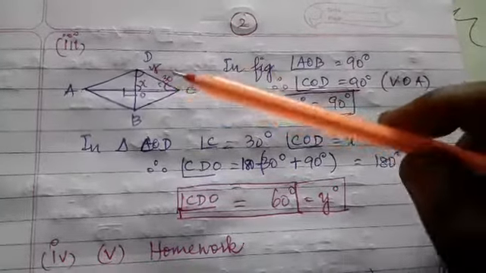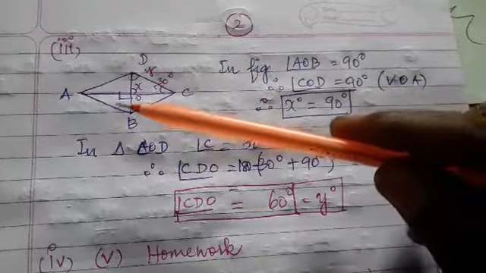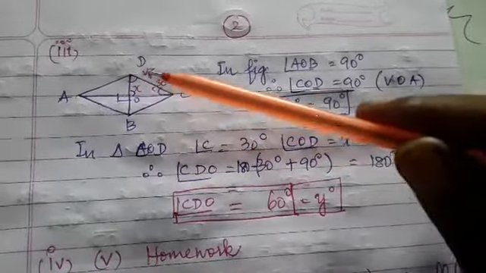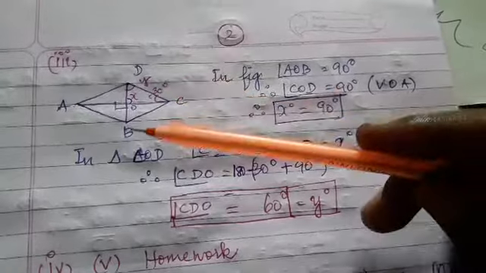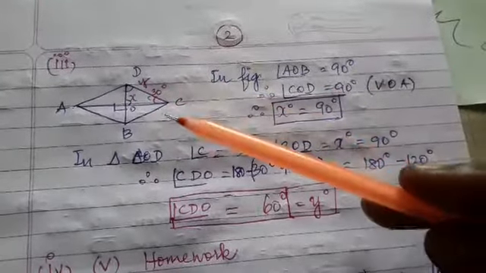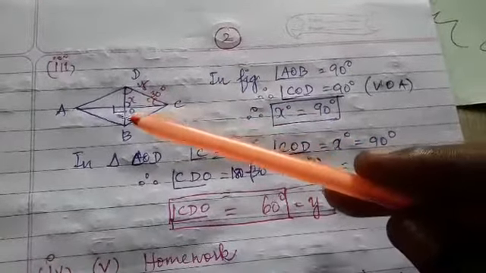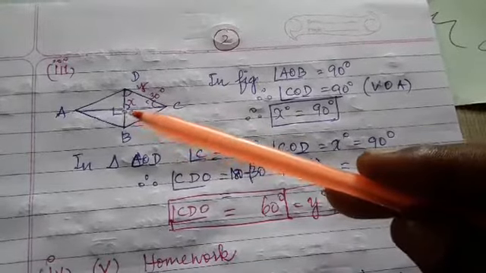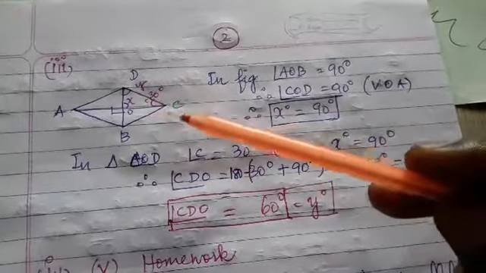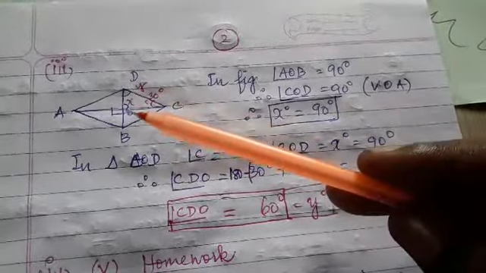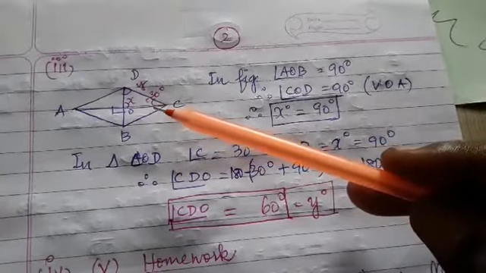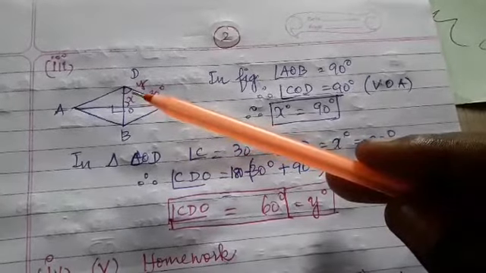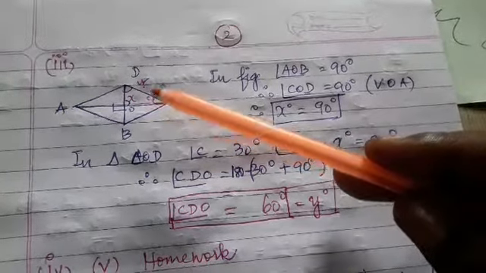Third question, you see, one parallelogram figure is given, ABCD. AB and CD are parallel, BC and AD are parallel. In that, what data is given? This angle is 90 degrees, the symbol is given, angle AOB, and COD is the opposite angle. That angle is X, and it will also be 90 degrees. And here one angle is given as 30 degrees, and angle D is given as Y degrees. We have to find X and Y.